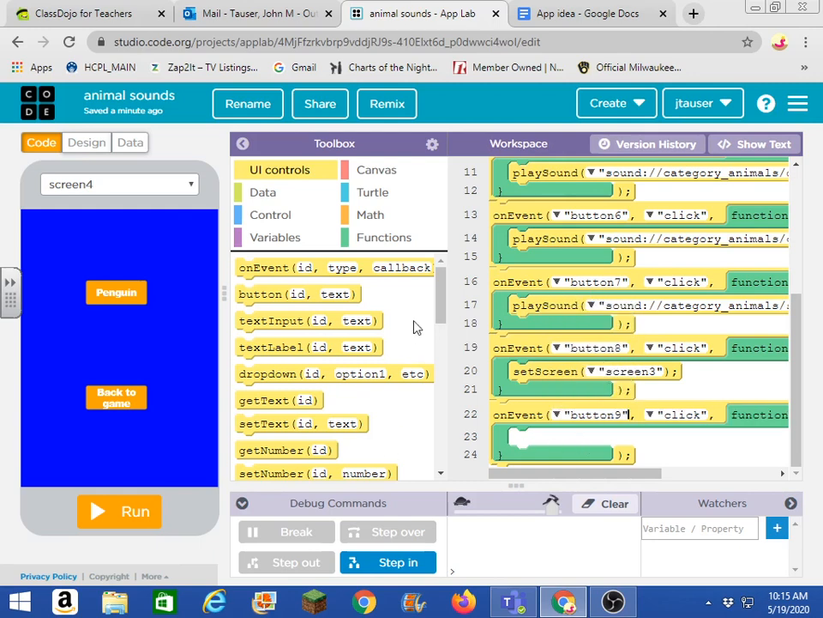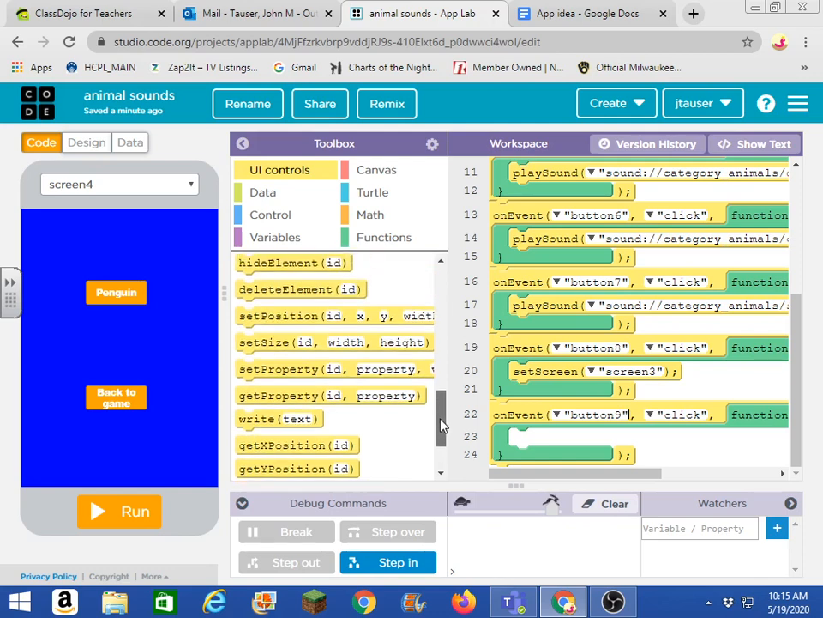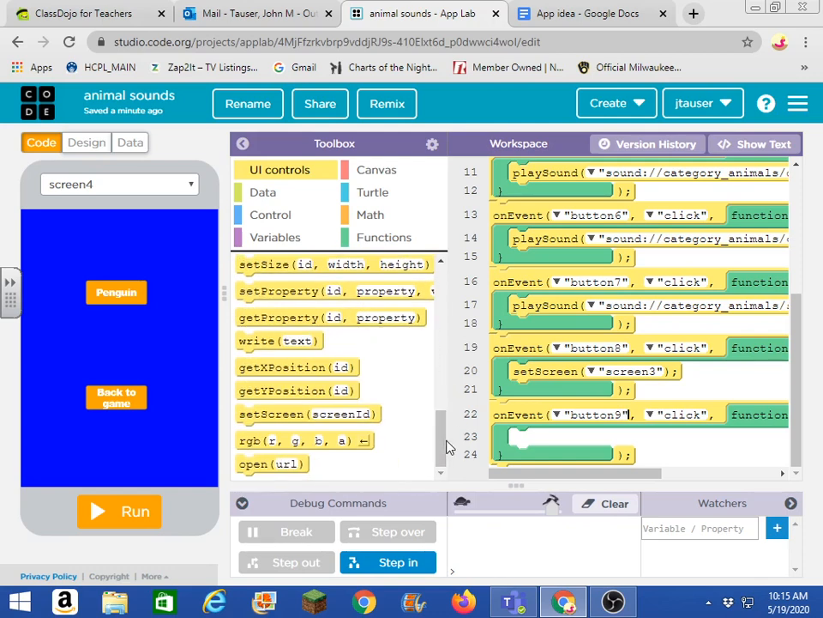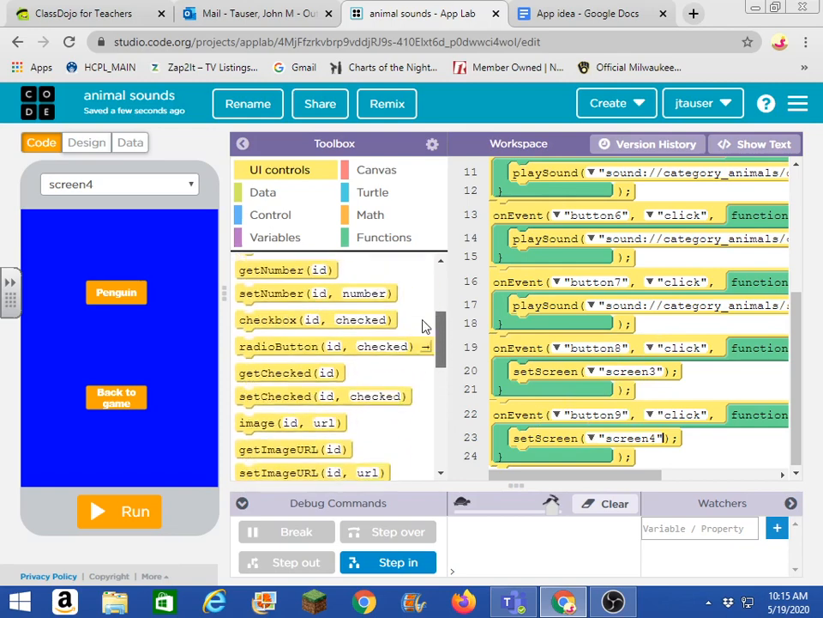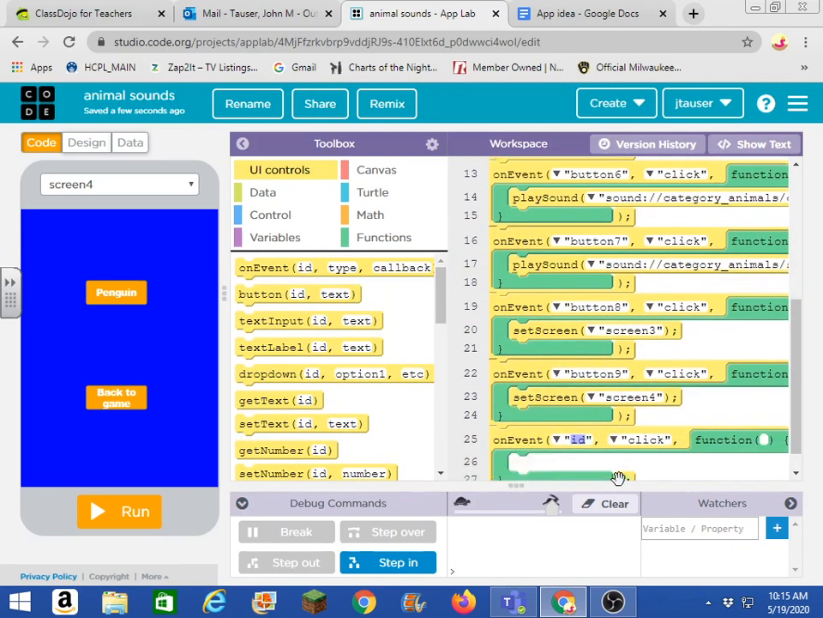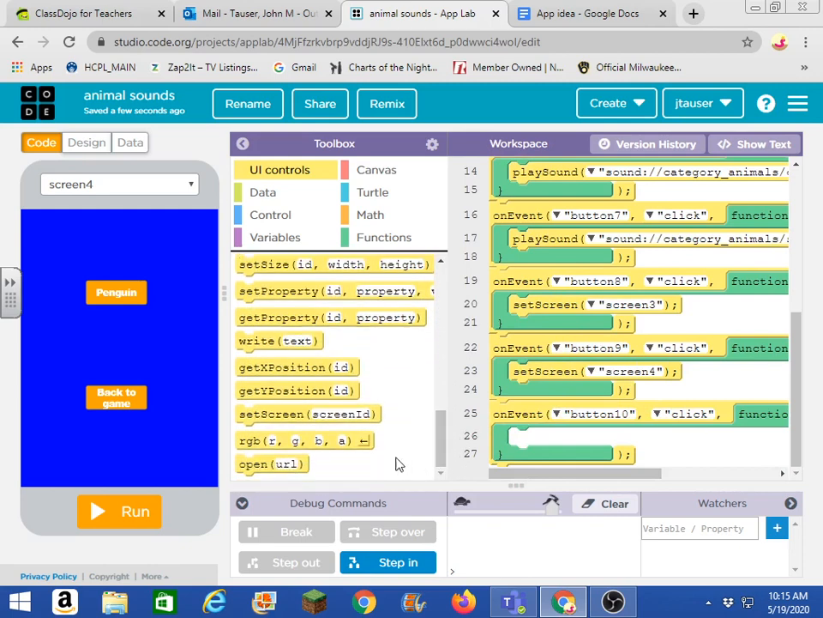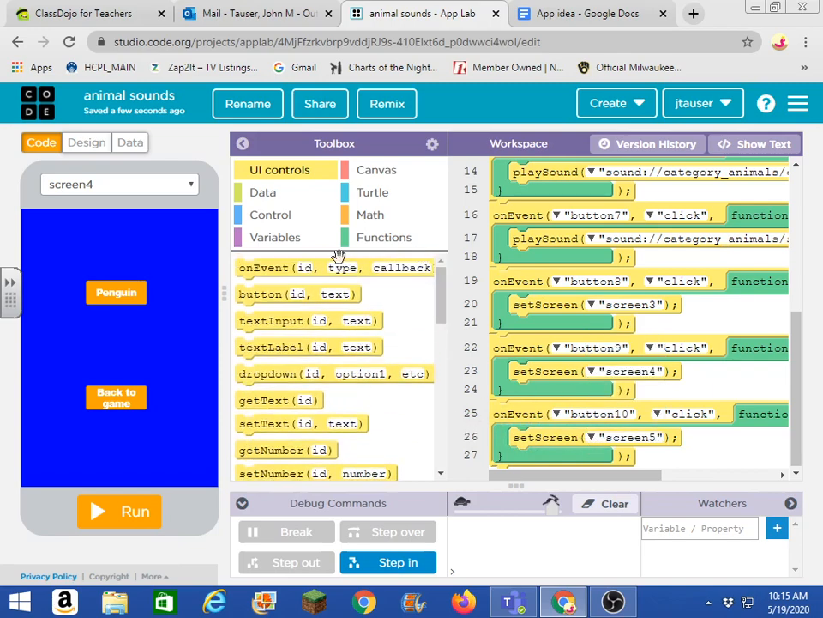Button 9, and then I want to reset to set screen here again. Set screen 4, and then I've got button 10, and button 10 goes to set screen 5, and then I've got on event